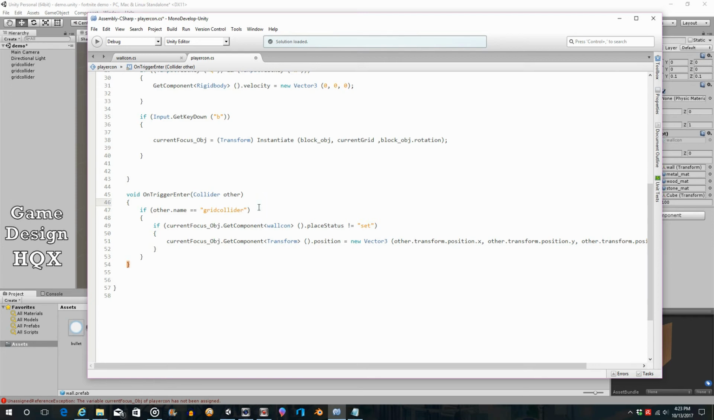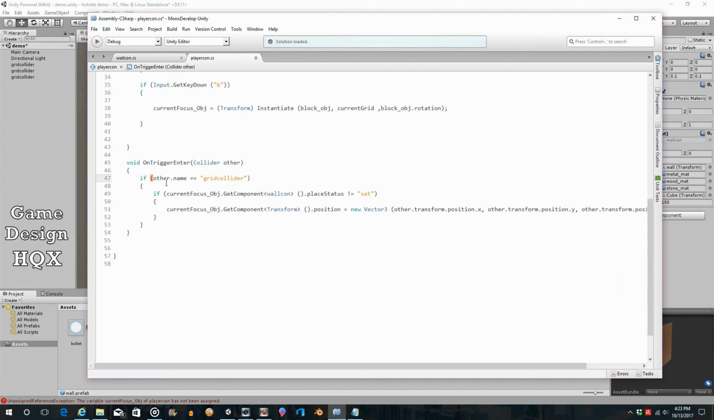Okay, so that's the first change in the onTrigger, is we're now checking to see if the object that is being collided with has the name grid collider. So that's just other.name equals grid collider. Now, if that happens, then this occurs. So this is simply an expansion of what we've already done. This says if current focus, so again, the new object that's been instantiated into the scene, if that new object, if its WallCon